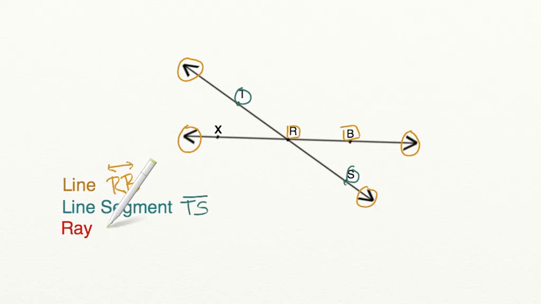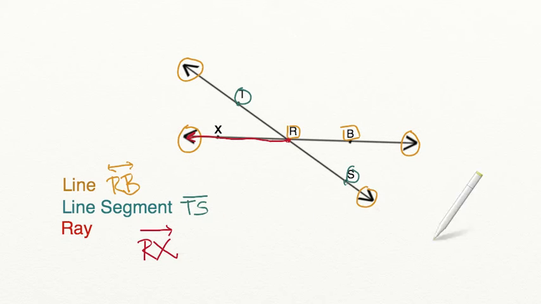Lastly, let's discuss a ray. When searching for a ray on this diagram, we have 4 different options because we have 4 ends of lines that can reach out. So let's go ahead and start by finding an end point, and we're going to start with our center point, which is R. So when we're labeling our ray, we're going to make sure that we put R first because that's the end point on our ray. Now we are going to move and we're going to do RX for our ray. So my next endpoint that I pass by is X,